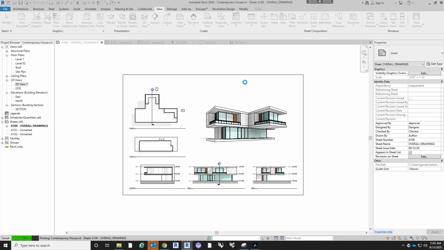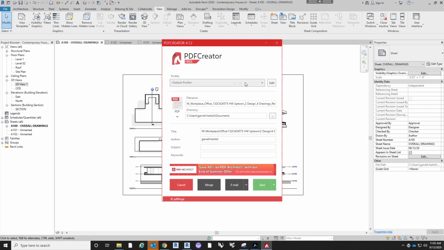Wait a little bit. Since these do have a lot of drawings in it, it'll take a little bit, and then, depending on what printer, Adobe PDF, Bluebeam, whatever, it'll have probably a different window than this. For the PDF creator, you can use, it'll pop up with this guy,